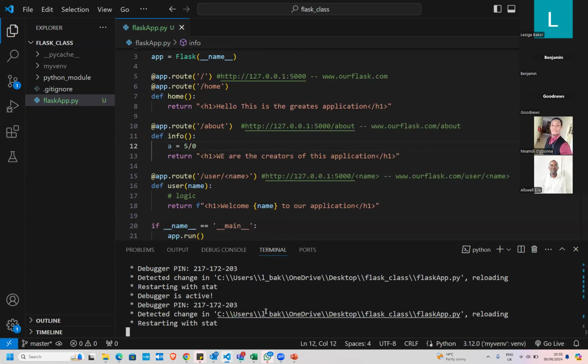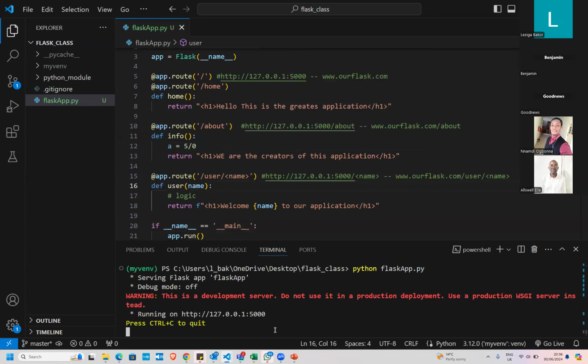Has the app restarted? Why is it stopping? Okay, now because it's not in debug mode, it's not going to restart automatically. I need to kill it and restart it. Okay, so now we're not in debug mode. Let's now go back